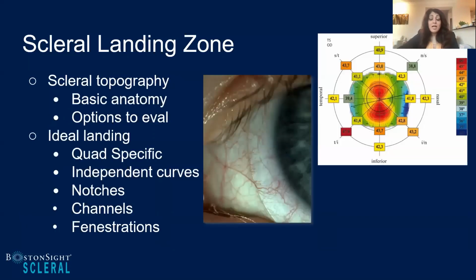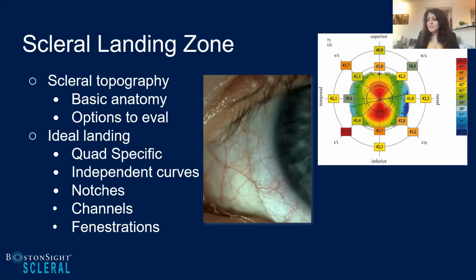Avani, you mentioned the architecture of the sclera. One of the things that we know about the anatomy of the sclera is the closer you get to the limbus, the more dense, solid and rigid the sclera is. The further away from the limbus, the softer and spongier it is. When you're dealing with a larger diameter, 18 millimeter Boston Sight Scleral lens, you're going to deal with a lot more irregularity. So you're going to need to make some more changes to that edge design as opposed to having a much smaller lens. But you have the ability to have quad specific changes, and you can make those alterations by having those quad specific designs.